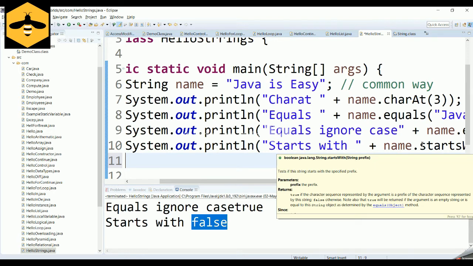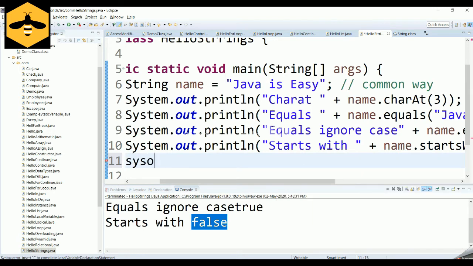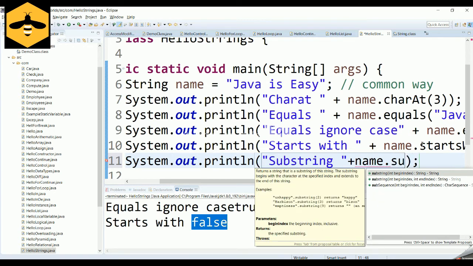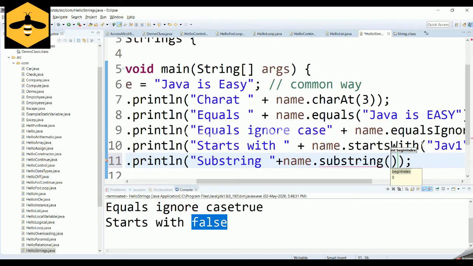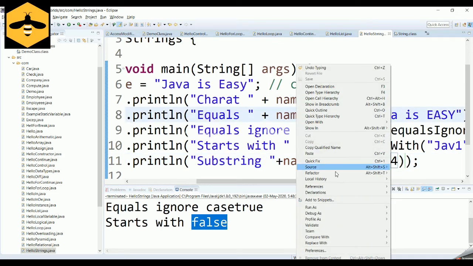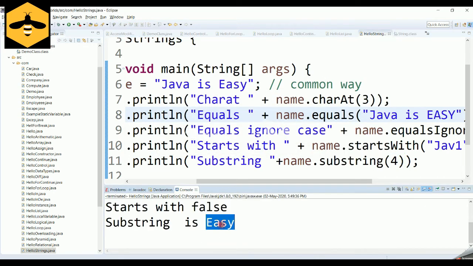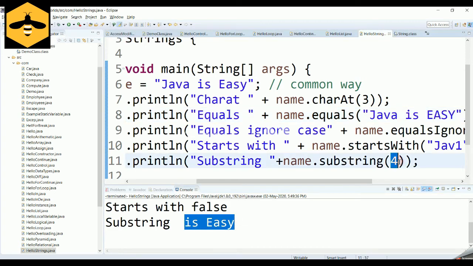For instance, in my System.out.println, there is one method called the substring method. So here, my string dot substring of the index. Let's try to give the substring as 4 and run this particular program. And the substring is "easy". So from 4 it will split your string and print it. From the index 4 it will move.